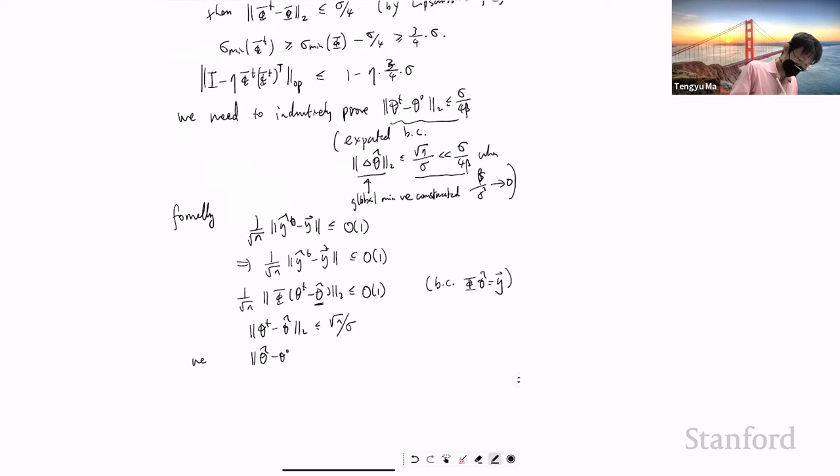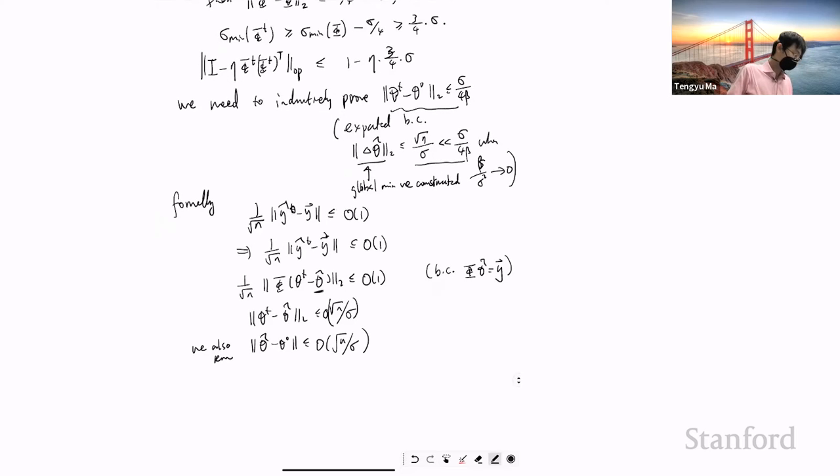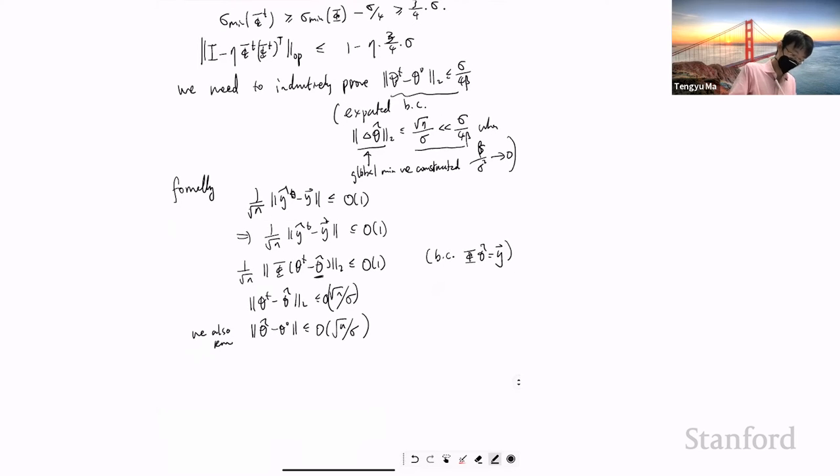So we also know that this is also less than big O of square root n over sigma, because this is what we did last time. And then by triangle inequality,